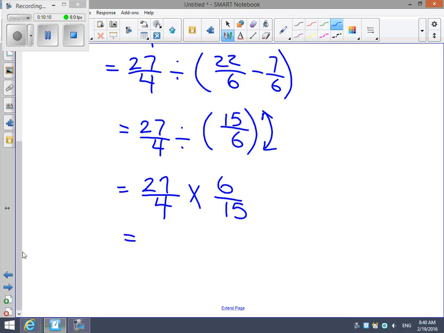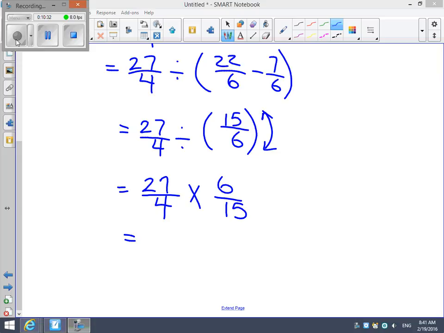Now, this is going to be a little bit larger math, but what I want to show you is I'll do it this way, and then I'll use that cross cancellation, or cross reducing first, and show you how easy it will be next week when we start using it. I'm not going to force you to use it. It sure saves a lot of time when you have to reduce at the end, though. So anyhow,